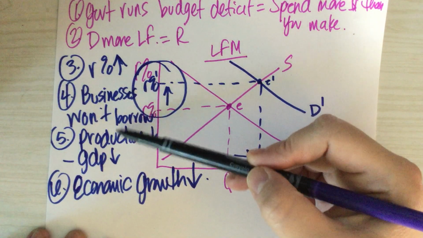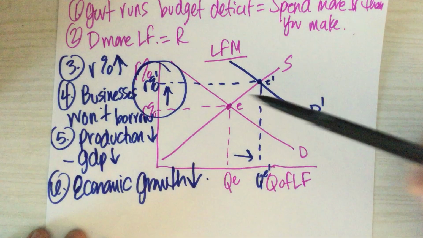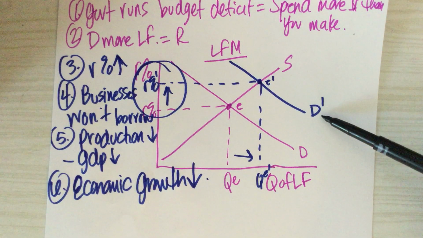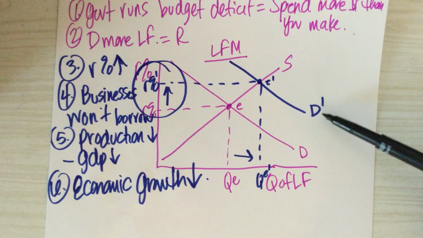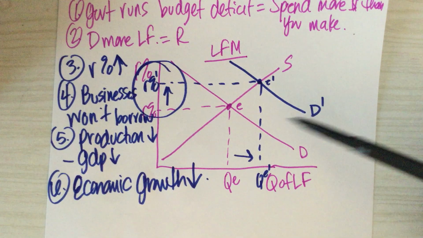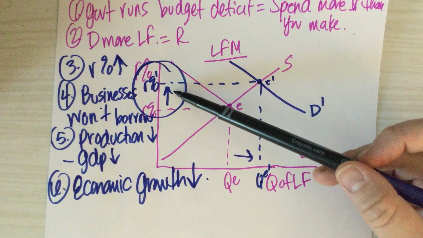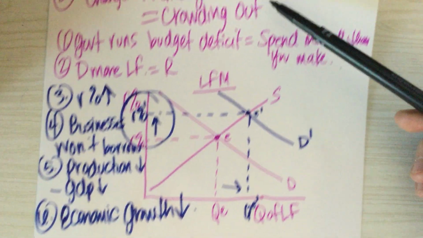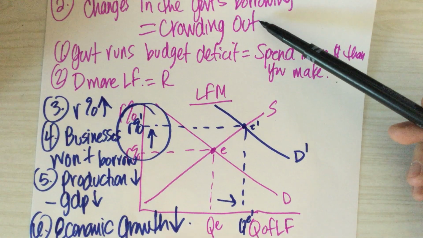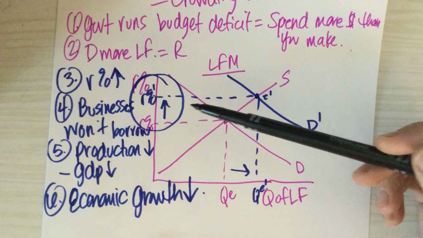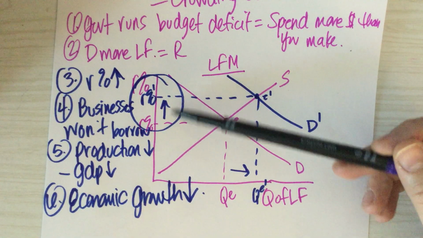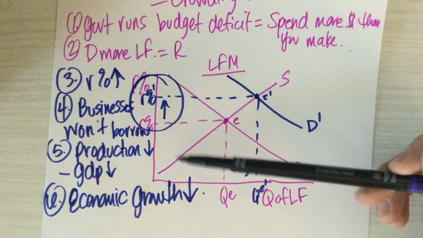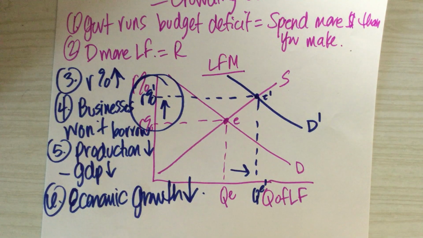All of this trickle-down effect is everything that happens because the big bad government came in and said, hey, we spent too much money. Guess what? We need to borrow some of yours. And as a result of this increase in the real interest rates, this causes the situation of crowding out to happen. Essentially, they crowd businesses out of the market from borrowing any money. And this is really bad for our economy.